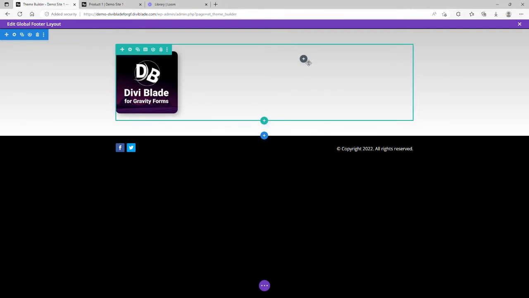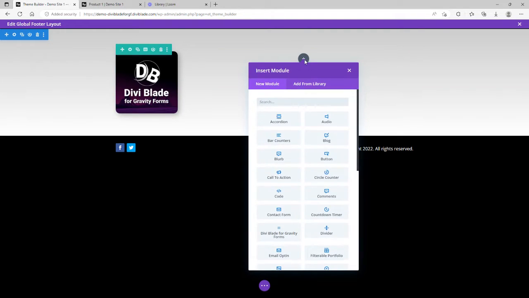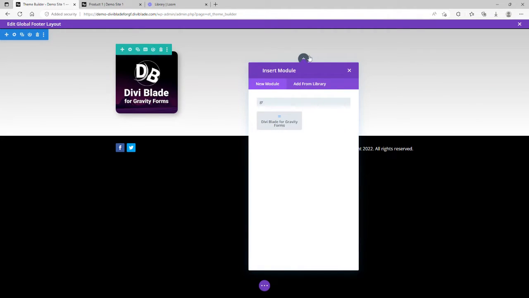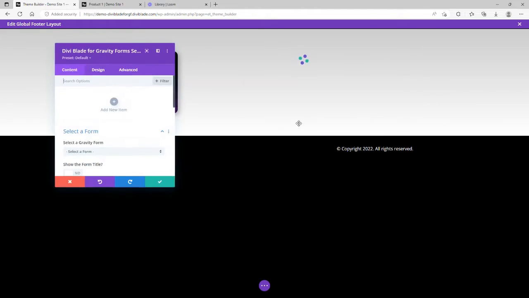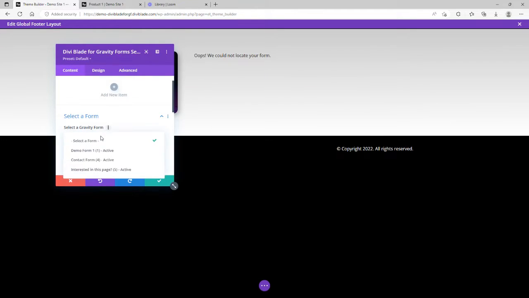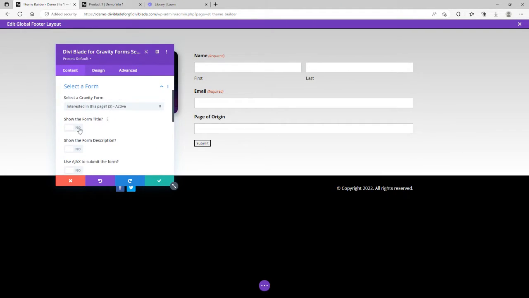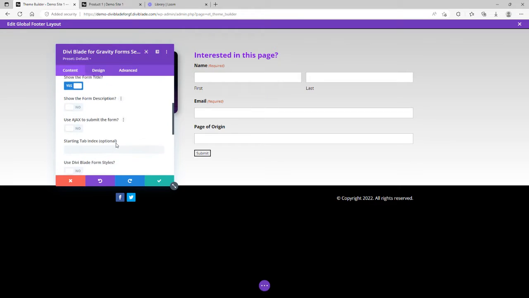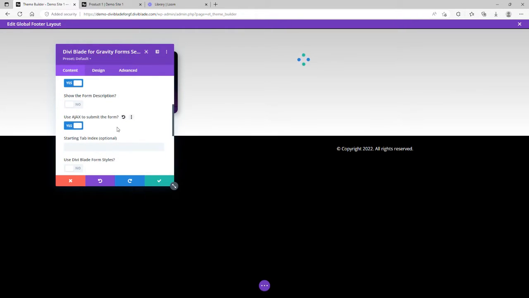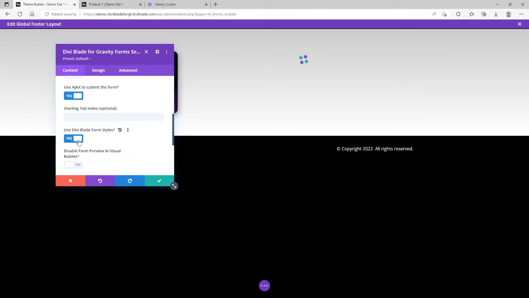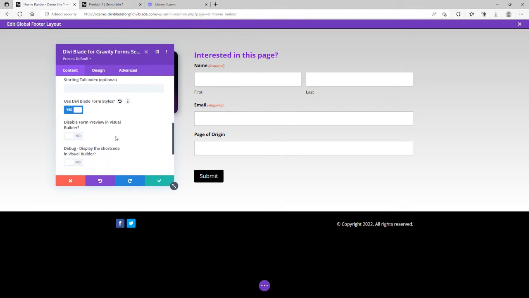And here's that space, so I'm going to add a new module, and I'll find my Divi Blade for Gravity Forms module. I'll select my interested in this page form that we were just looking at, and I'll show the page title. I'm going to enable Ajax, and I'll use the quick styles,